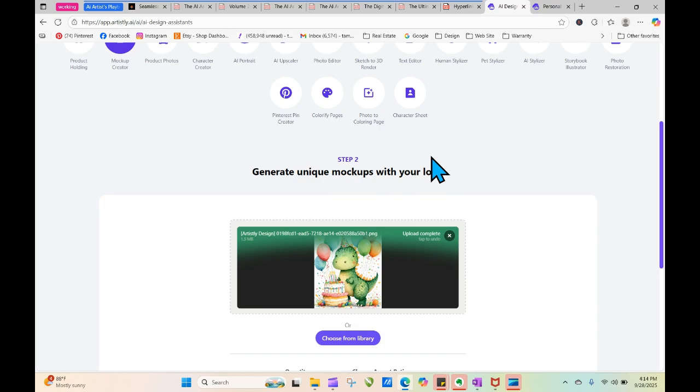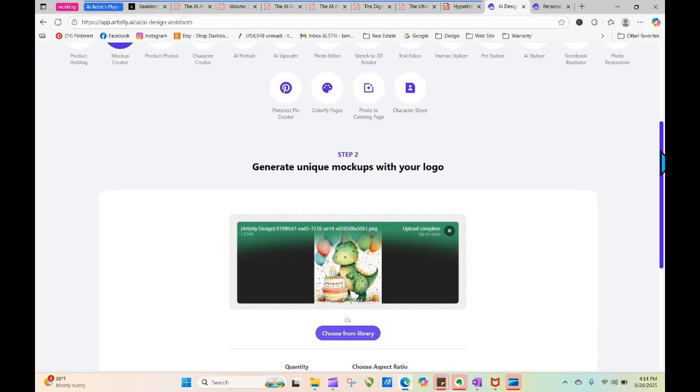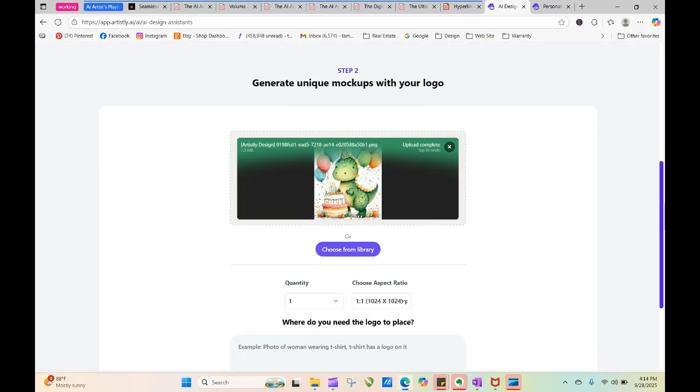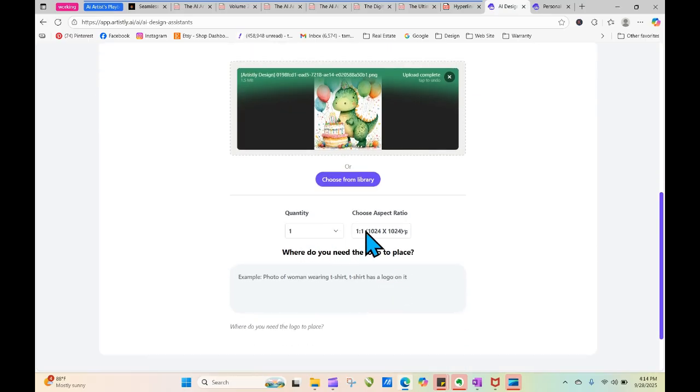inside the playbook, it's your base that you start with, and then inside Canva Pro, that's where you're able to move the things around and add your images on, inside of the playbook. I mean, inside of the mockup. Sorry about that. Okay, so we have our image here, and here we have the choice of the aspect ratio, which, since I'm going to be putting this on Etsy eventually, I'm just going to go with the 1-to-1 aspect